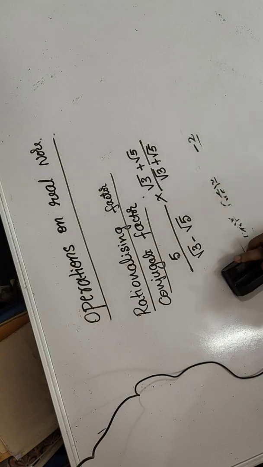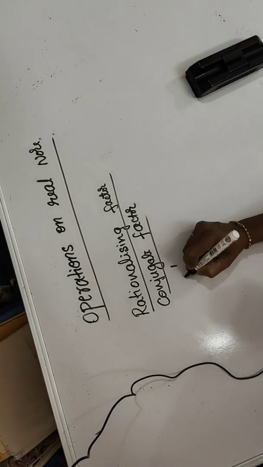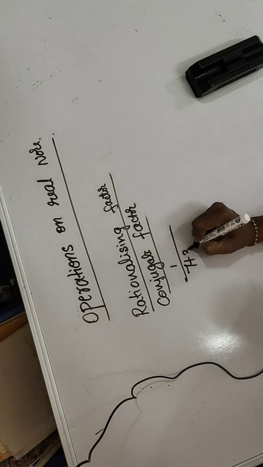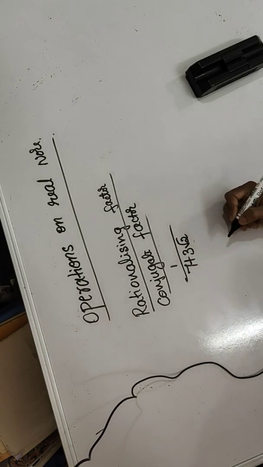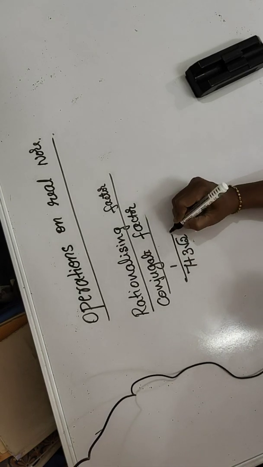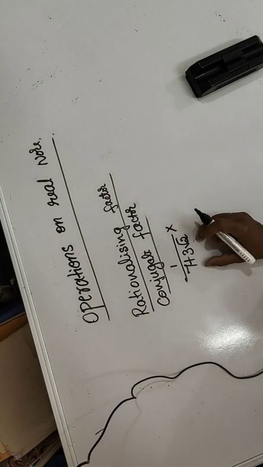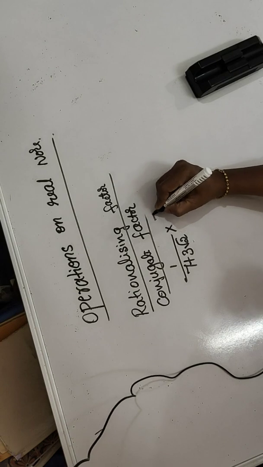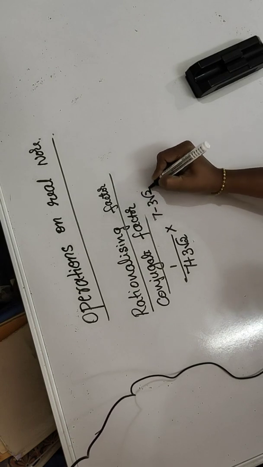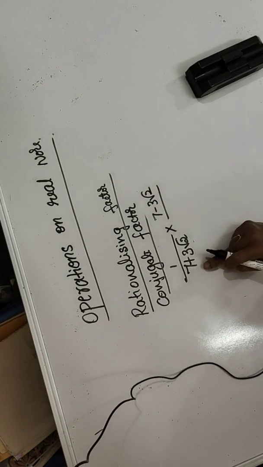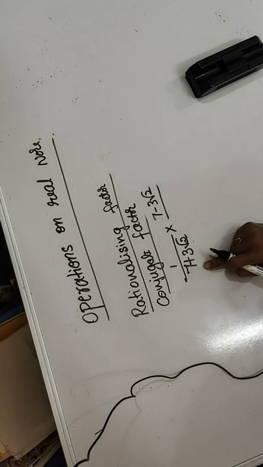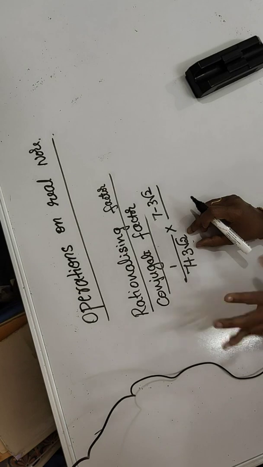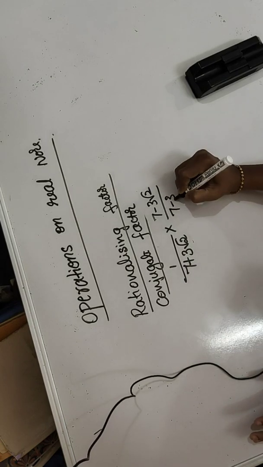Next, one more little different one I'll take. Little different means one extra number is there in the denominator. 3 root 2. 3 root 2. What is the conjugate factor? Here numbers are splitted. When the numbers are splitted, same. 7 minus 3 root 2. It should not contain root. Means first one also, no need to contain root. If a single place contains root also, same comes. 7 minus 3 root 2.